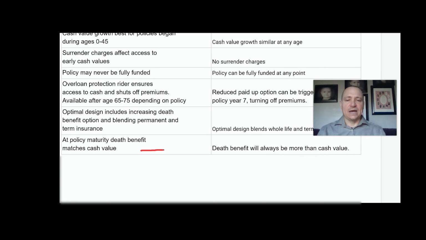Now, with the whole life insurance, it's totally different because we're buying paid up additions, which means the death benefit will always be more than the cash value. So if you start off with a $1 million death benefit in your whole life policy and you've been buying paid up additions, maximizing that cash growth, you're going to have way more than $1 million death benefit when it comes to the policy maturing. And that will be way more than what your cash value is at maturity as well. Those are the main differences between an index universal life policy and a whole life policy